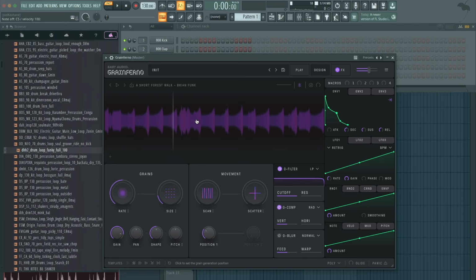So I have my sample loaded in, and I can select different regions of the sample to generate grains from with this position slider. And I can control how fast grains are generated with this rate knob. As you could hear, when I got really high rate values, it started to create a tone by itself,